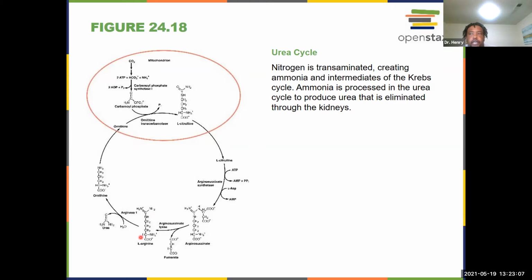So we essentially are getting the production of that arginine from the combination of the citrulline and the aspartate. Then that L-arginine, which is one of the amino acids, is further processed, and you're going to end up getting urea and ornithine,